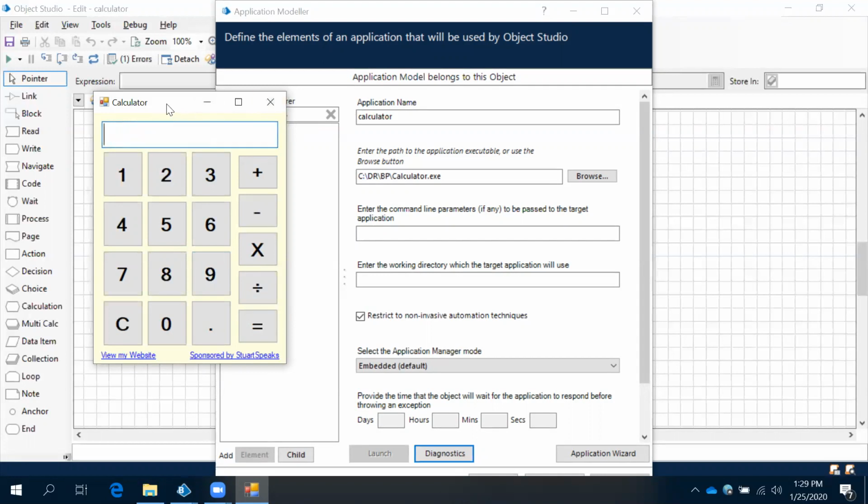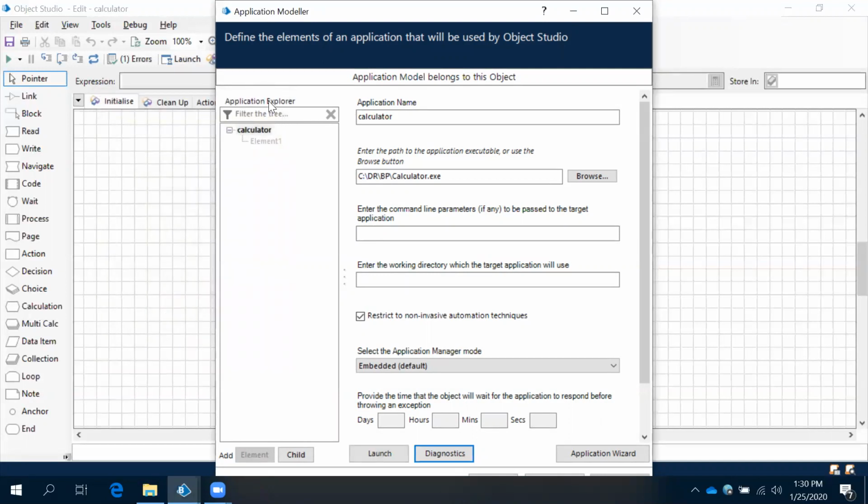First action is we opened the application. Opening the application is also an action. After that, clicking on 9, one action, plus another action, 5, another action, click on equal, another action, getting the result, another action. After that, closing, another action.